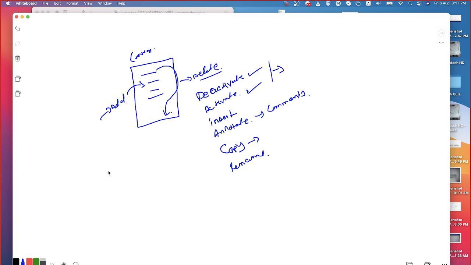See, I have a rule A. If I copy this to B, I can do the changes over here. Now, if I'm copying it, how do I do the change? I can take the help of rename and then do the changes over there. You can edit the rule and modify it. All these things are possible, but how do you do that? Renaming is what is going to help you.